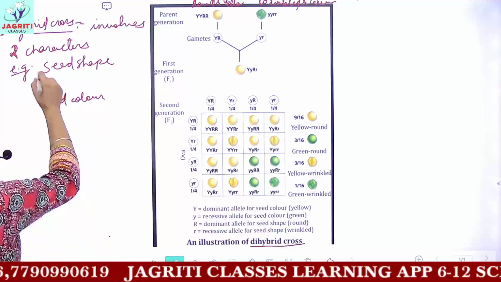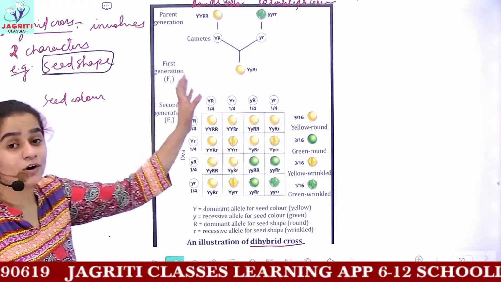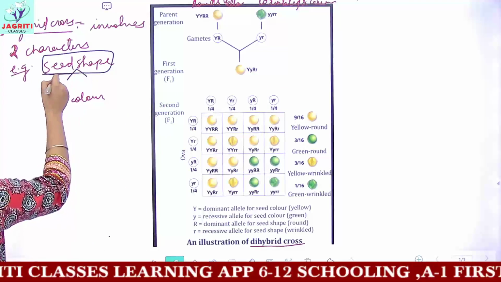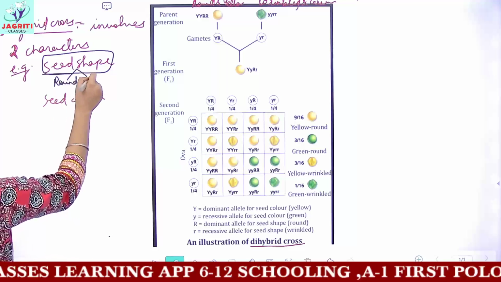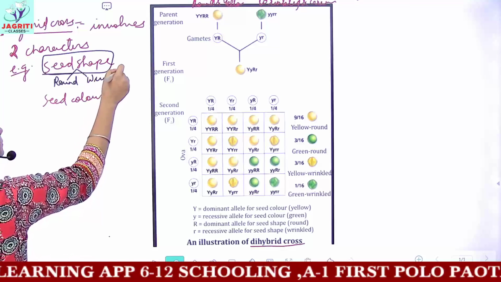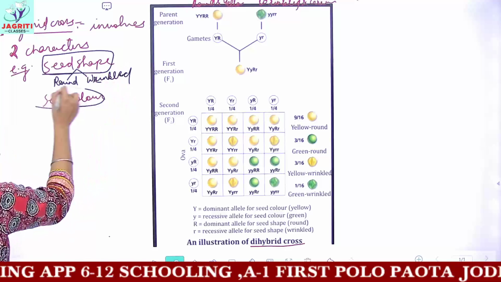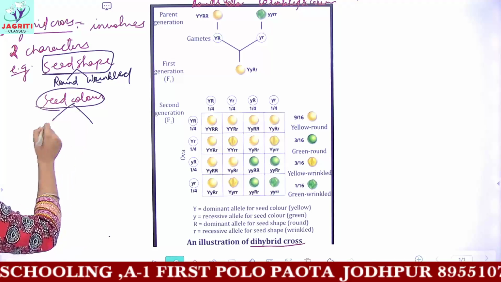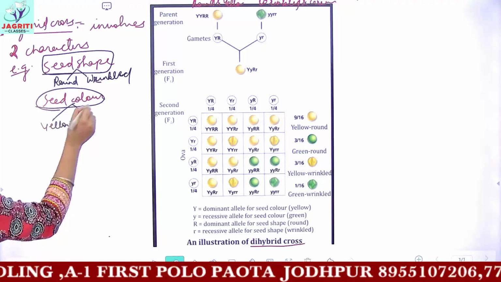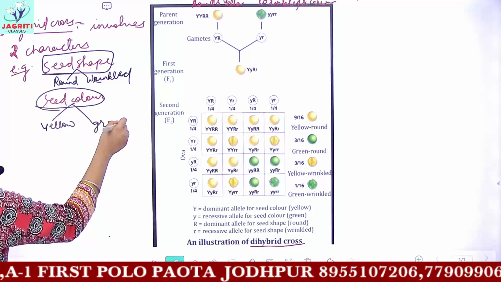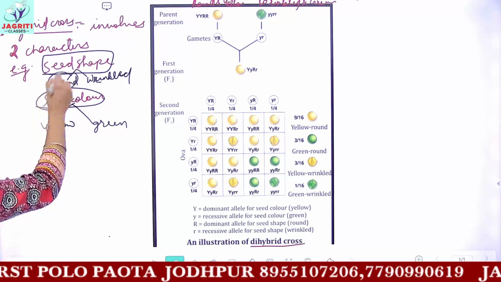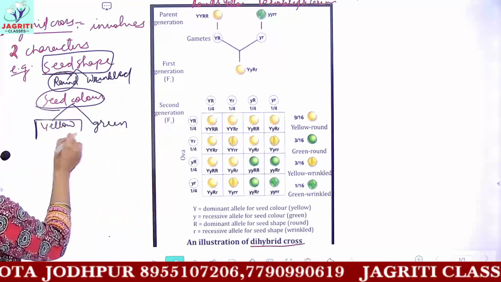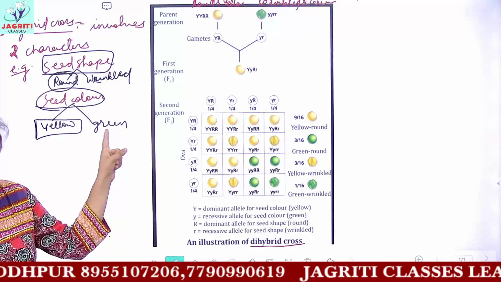So you have two kinds of seed shape. Here we are talking about pea plants. So in pea plants the seed can be round, or it can be a wrinkled seed. For seed color, again you have two contrasting varieties or two traits. Seed color may be yellow or green. And we know here round is the dominant trait compared with wrinkled shape, and yellow is a dominant color compared to green.